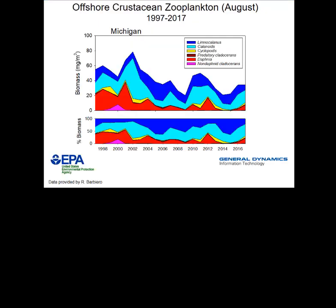So we'll jump into some of the zooplankton data. And this is August data from the EPA Lake-wide Offshore Survey. So this is late summer data from the EPA survey. In the top we have biomass, and in the bottom it's percent composition. And what you can see is much like many of the things we already talked about, in the late 90s,